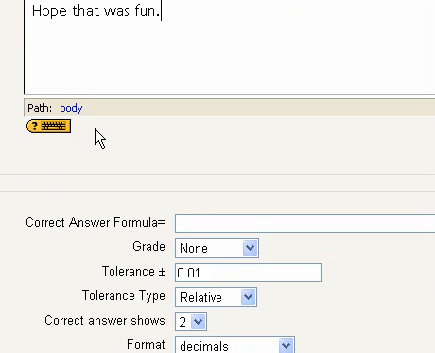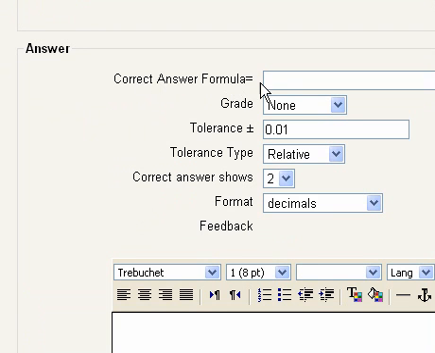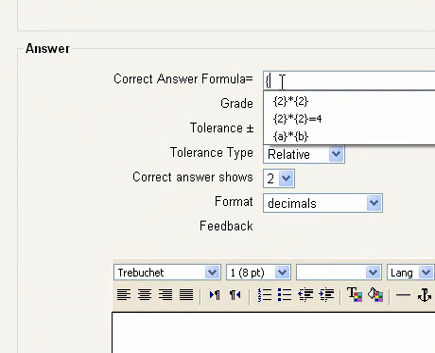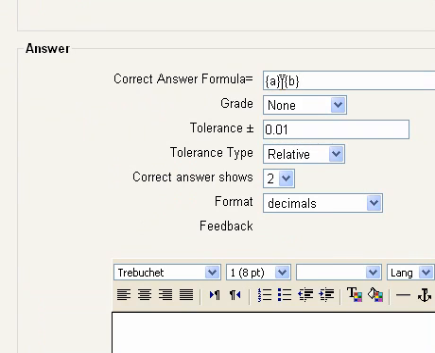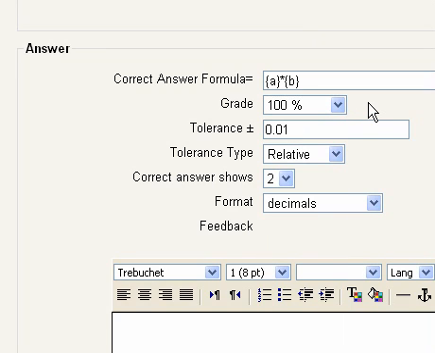Now, you come down here and we fall into the category of correct answer formula. So, following the format above that's in the question, I'm going to choose a similar format. But I'm going to leave the numerical values blank and just set them up with A and B. Grade, I'm going to set this to be at 100% so that if they answer this correctly. And again, I'm just filling this stuff in to show you how to do it. If you understand math better than I, you'll realize that that's probably not the correct way to do it, but